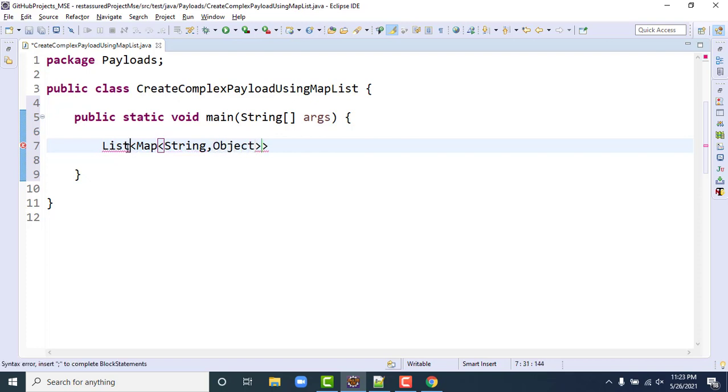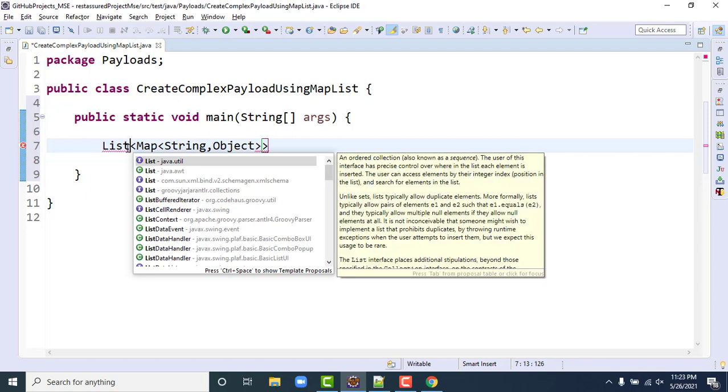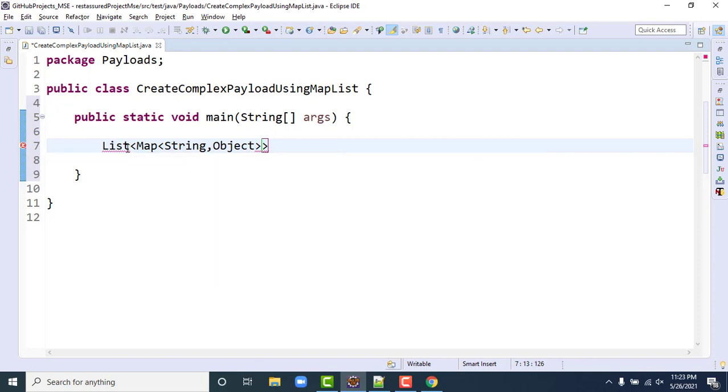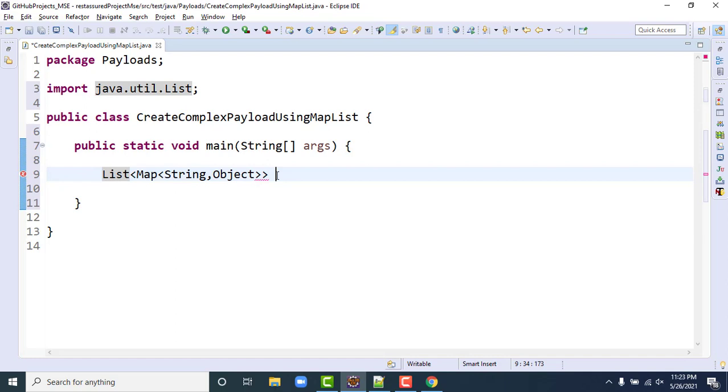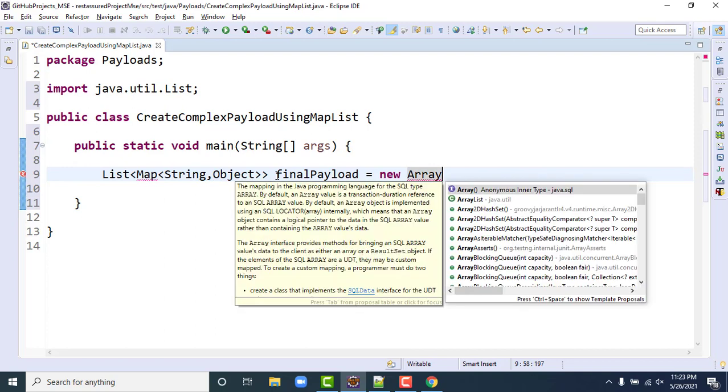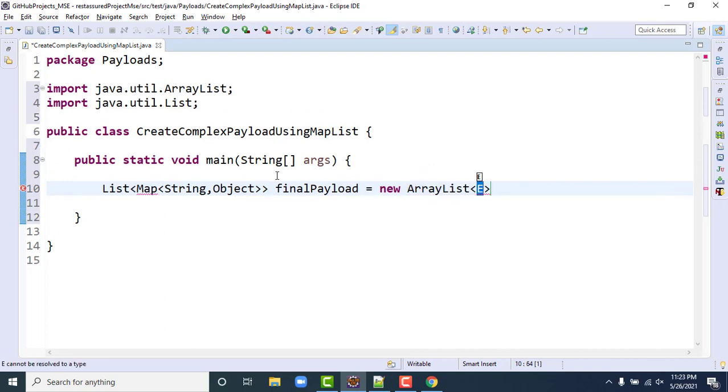Let me import everything from java.util. I will name it final payload, and use new ArrayList so that we have the order.